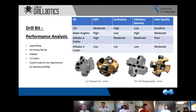When it comes to drill bit performance, it's been important to us to ensure that we have the correct bit for the correct purpose. This is why we manufactured our own PDC bit together with Ling Drilling. It consists of 4 blades and 12 cutters, and has been designed in Inventor and 3D printed at the university. From our initial testing, we've seen that the inclination that we're able to build with the custom-made bit for directional drilling